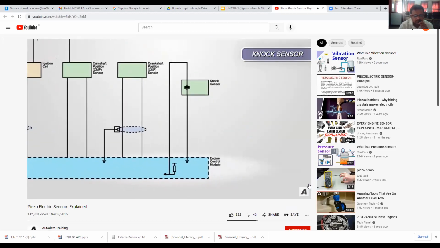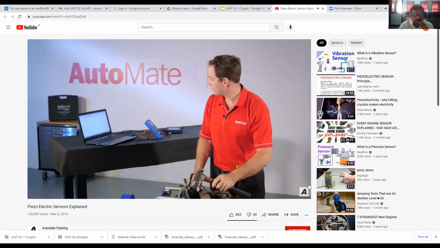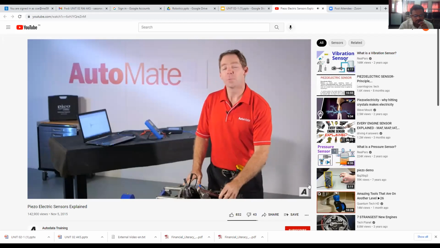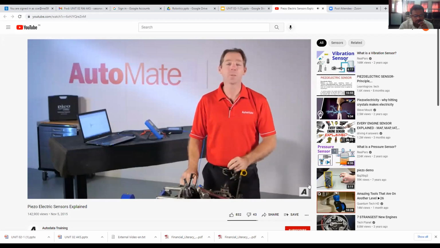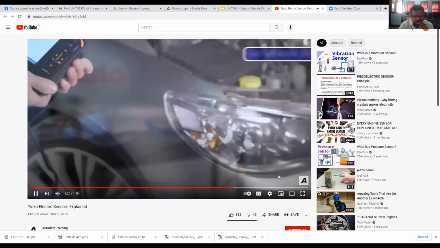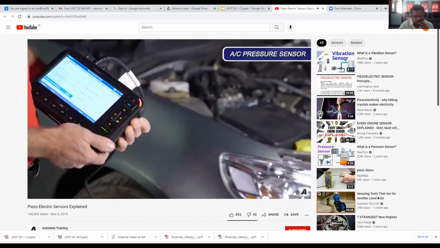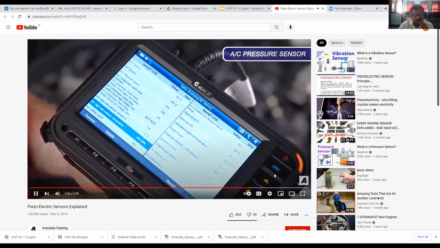These sensors are signal generators, and as such, they don't require a reference voltage to operate. The main reason for using piezo technology is because of its accuracy and reliability. In this air conditioning pressure sensor, we were able to read very small changes in refrigerant pressure by amplifying the